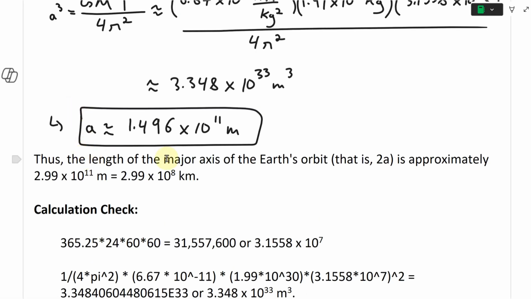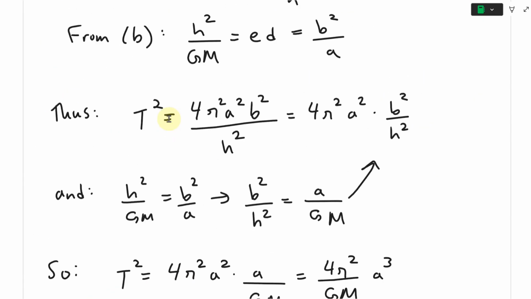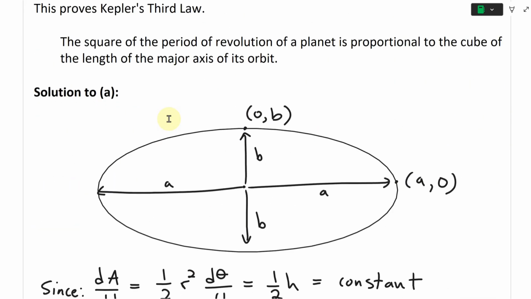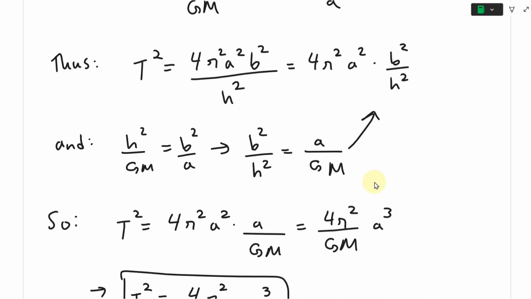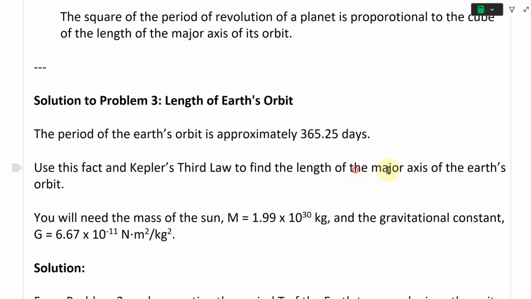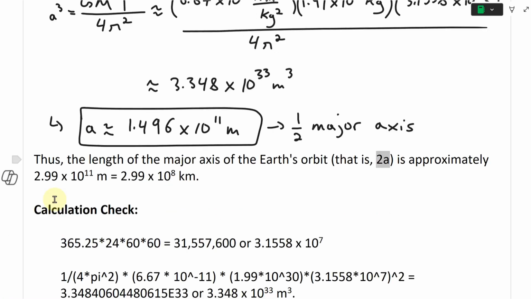All right, so now this is A, but recall that the length of the major axis is actually 2A. If we recall above here, the major axis is 2A, since that was just from the origin to the end. So we have to multiply that by 2, because we're asked to get the length of the major axis. It's not just A. This is just half the major axis. So thus the length of the major axis of Earth's orbit, that is 2A, is approximately 2.99,